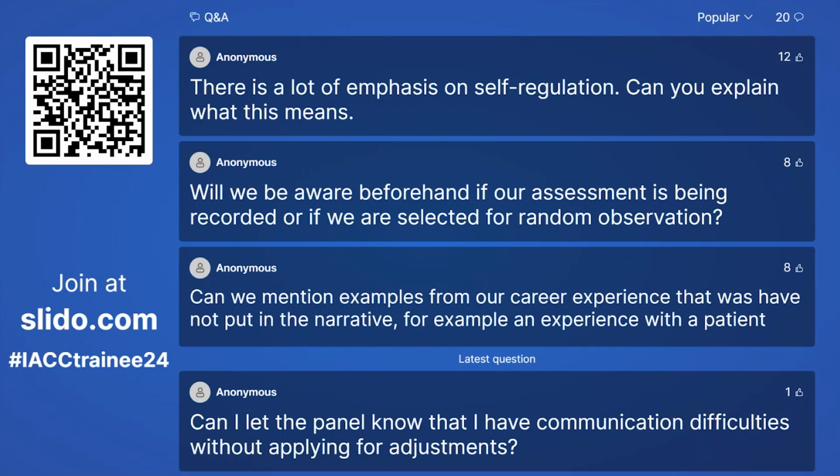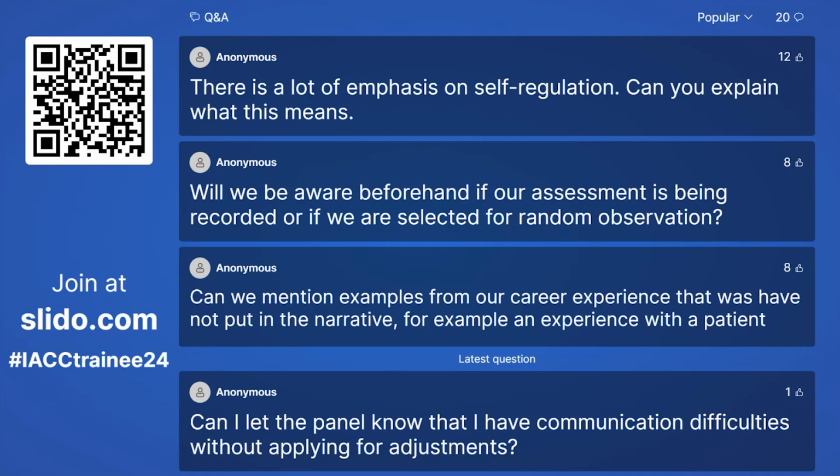Okay. There is a lot of emphasis on self-regulation. Can you explain what this means? I can, however, I am sure that that is different for each specialty, each different environment, and each workplace that you may well be in. Self-regulation is about being very aware of the limitations of your practice.